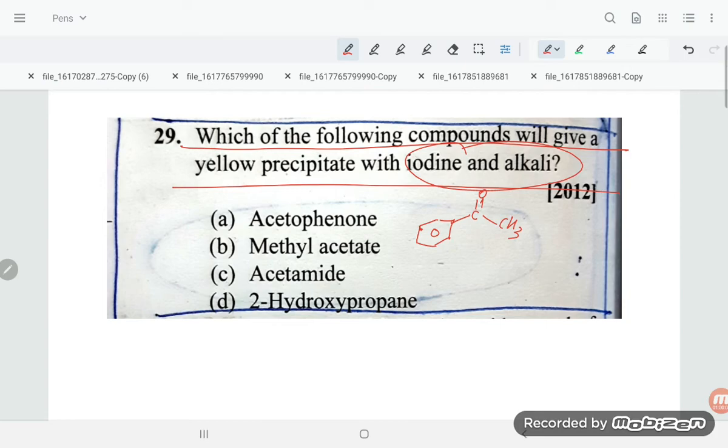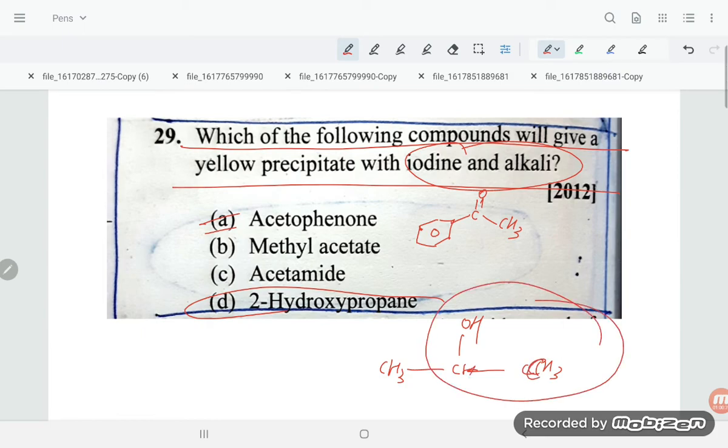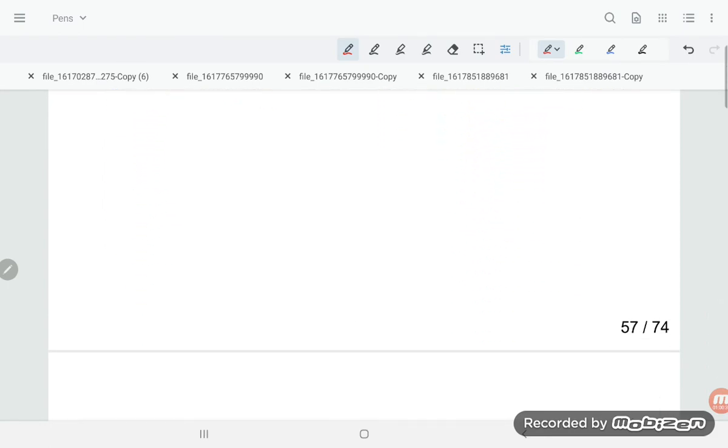So which of the following compounds will give the yellow precipitate? The first one gives it, students, and this one too, if you take 2-hydroxypropane, so meth, eth, prop is there. On second position OH, here is CH3 is there. This is again going to be CH3. So this methyl hydroxy group, students, also gives the precipitate. So methyl acetate will not give, acetamide will not give. A and D is our required answer. So either you put A or you put D. Both will be our required answer, students.